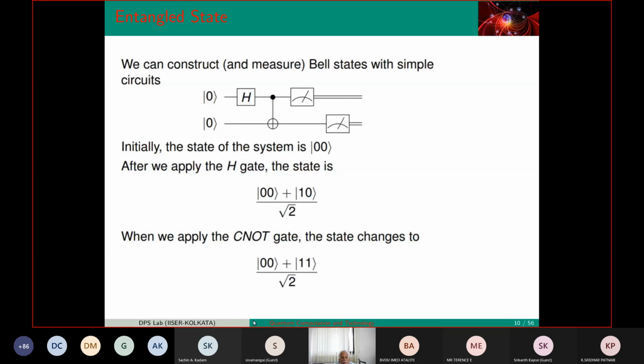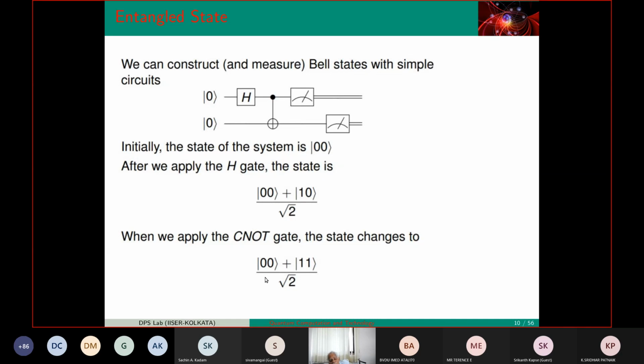You can search QKD. Last year I had checked, it was around $10,000. There are 3 companies, now maybe more. One Chinese company is there. They will make things cheaper. So with quantum key distribution, you can generate a key to encrypt your message and decrypt it at the desired point. This quantum technology is already there in the market.